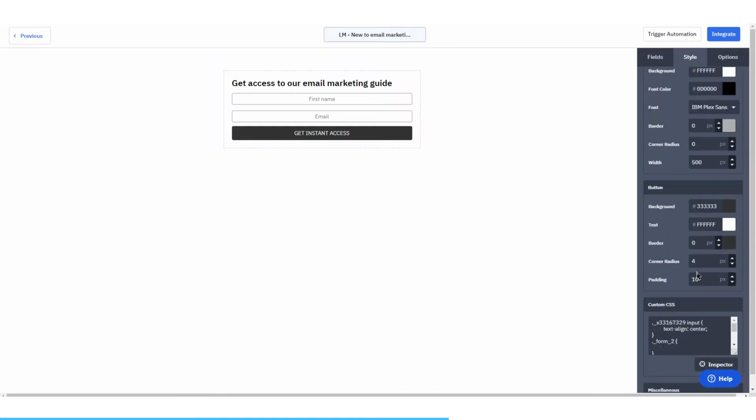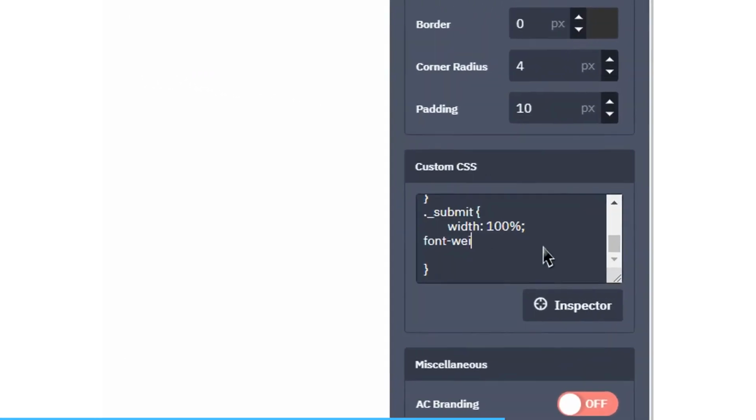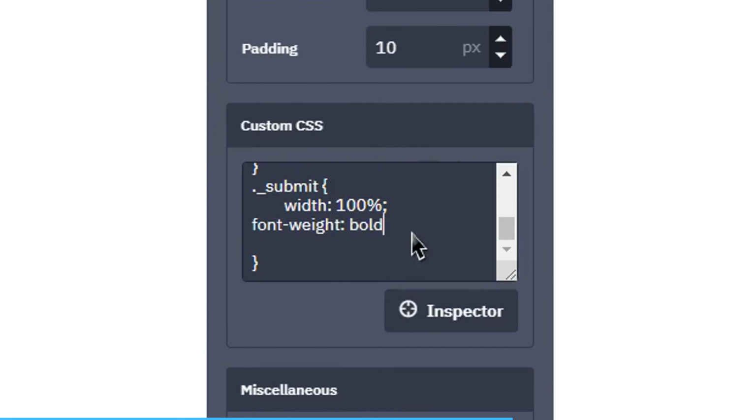Next, we're going to change the color of the form button. You can do this using the GUI interface. Click on the background color and select the color you want. Next, we're going to change the font on the submit button to bold. You need to type font-weight: bold;